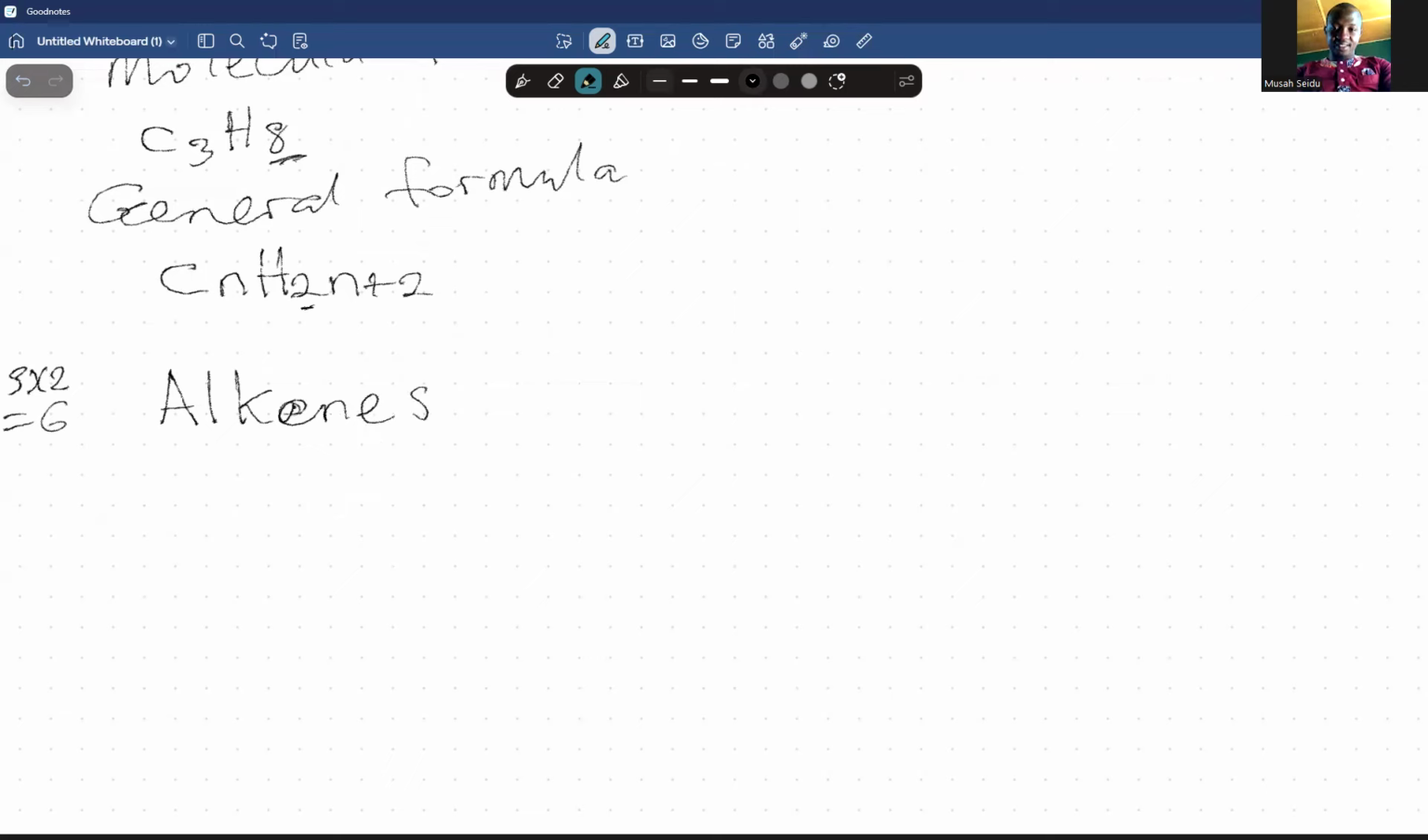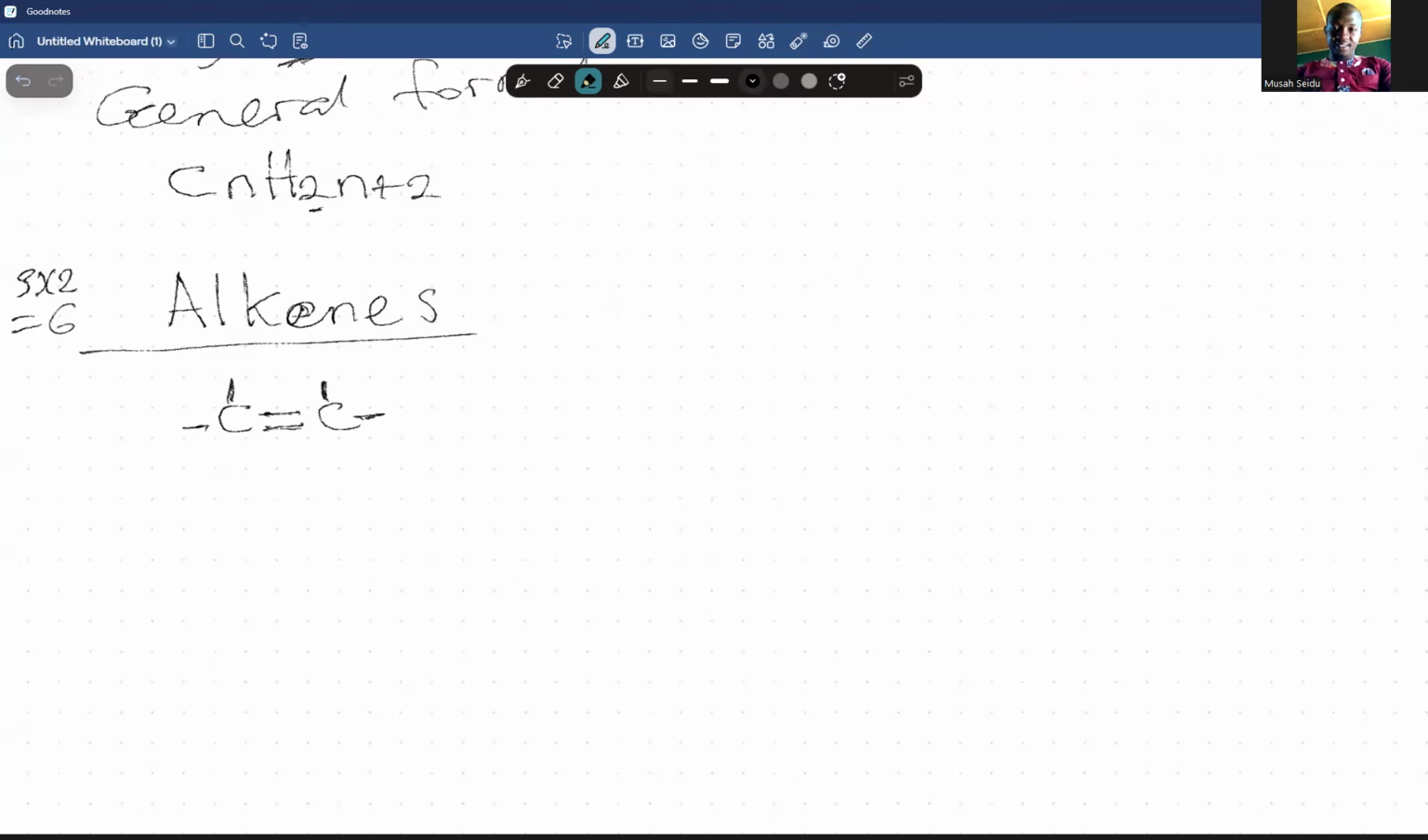We're going to look at how to identify alkenes. For the alkenes, we have to watch out for carbon-carbon double bonds. So whenever we see carbon-carbon double bonds, we should know that we are dealing with alkenes. For example,